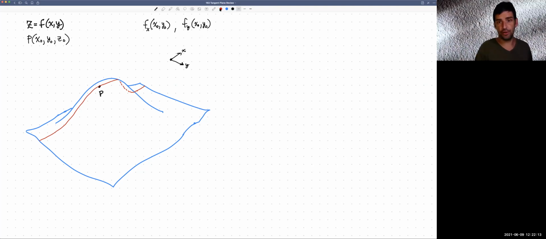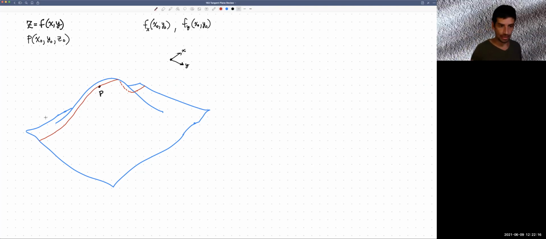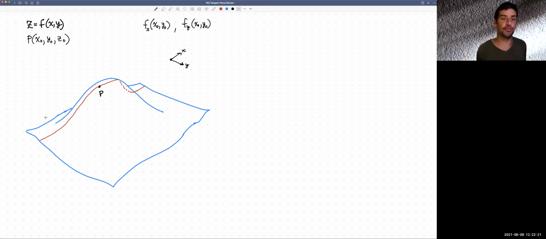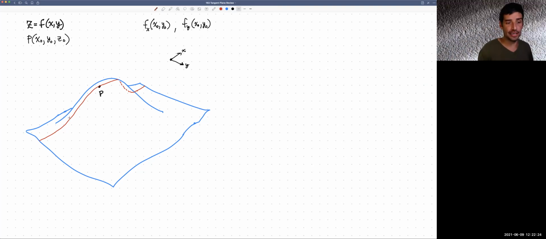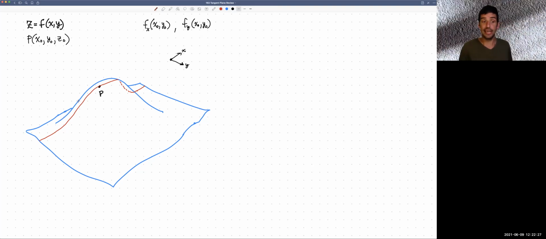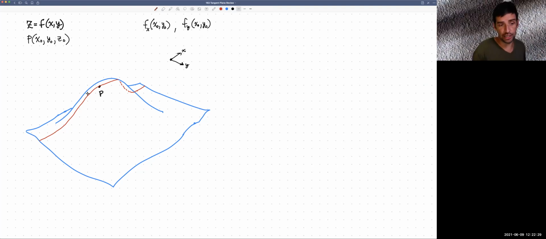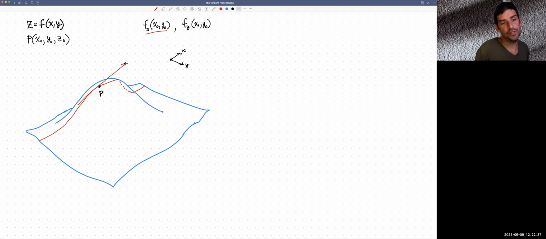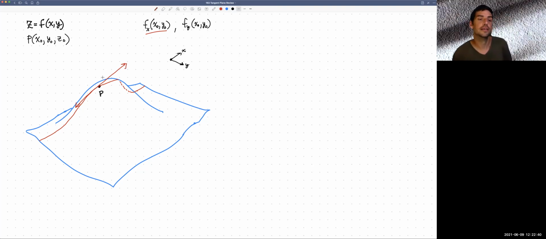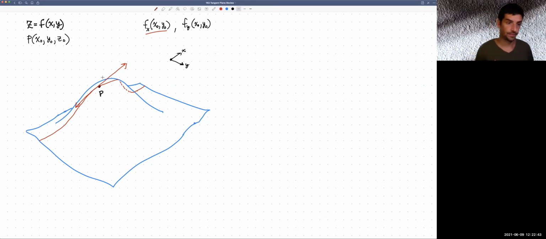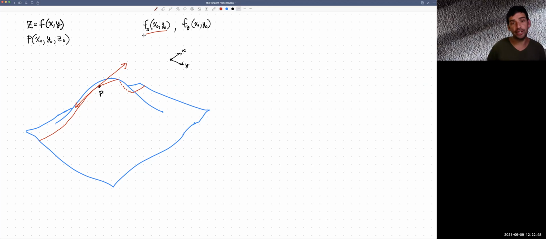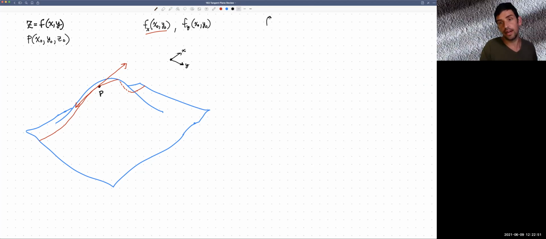And this derivative, what it tells me is, I don't want to make this drawing too complicated, but if you can imagine a sheet of paper slicing through the surface so that it cuts right where I've drawn that line, that can be considered a plane. And this line I've drawn is a function in that plane. And this partial derivative would tell me the slope of the tangent line within that plane in the x direction, okay? So what does this number mean? If I take a partial derivative and evaluate it at this point,